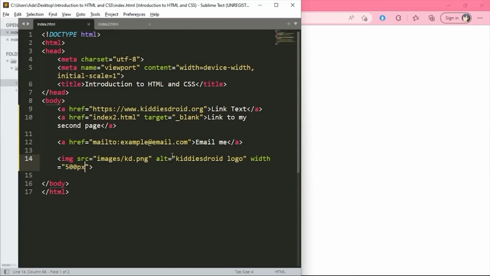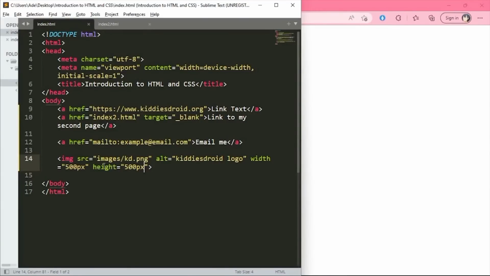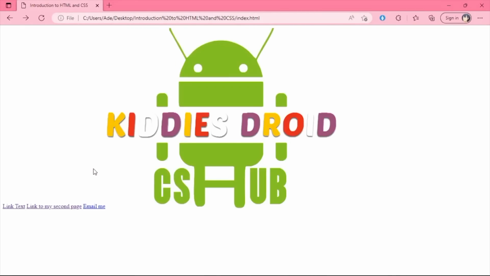Now, apart from the width attribute, you can also use another attribute called the height attribute. For my height attribute, I'm just going to give it a height of 500 px also. Once I go back to my browser and refresh, you can see the image is a little bit distorted. I advise in this kind of scenario never to give an image width and height at the same time. It's best to give it one because your browser automatically calculates the other for you. So if I'm giving it a height of 500 px, the browser will look for a better width to give it,